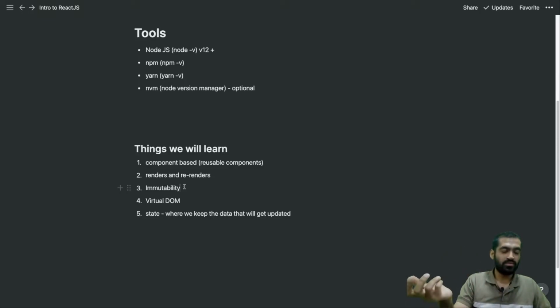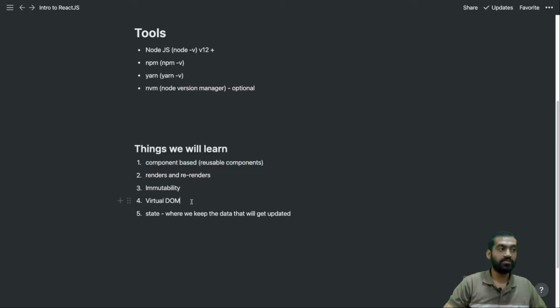Let the state do the job for us, and because of this immutability we have something called renders and re-renders. What happens is this data goes in the state, right? Now this set state function, or set whatever function inside the state, creates a new version of that particular data, and it passes the updated data to the app. Then the app knows that this data is updated, and it re-renders itself with the updated set of data.